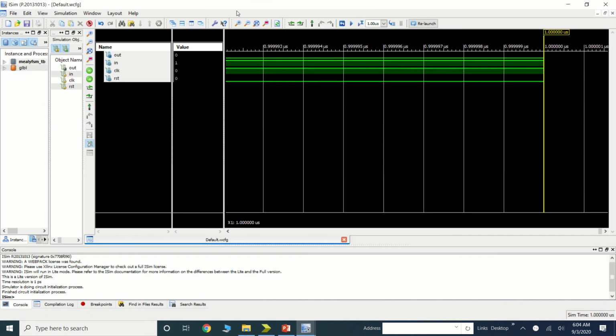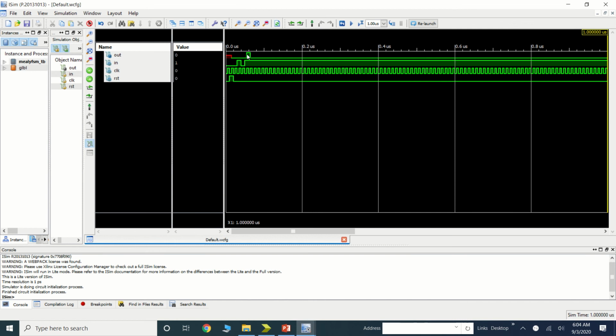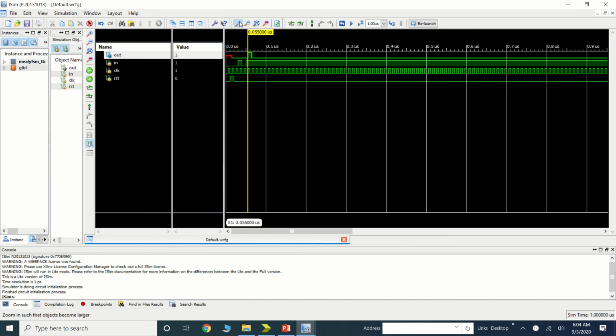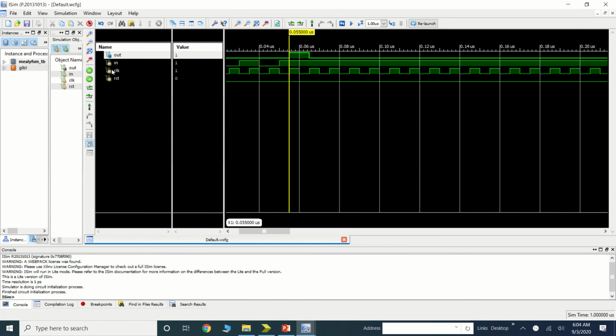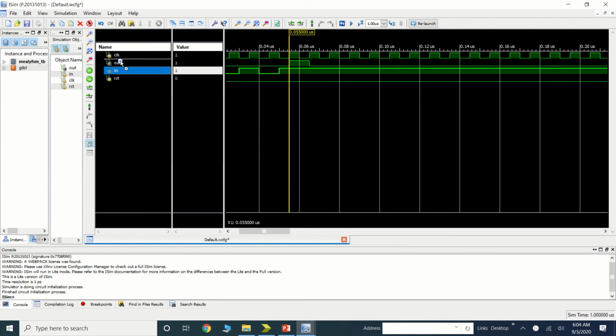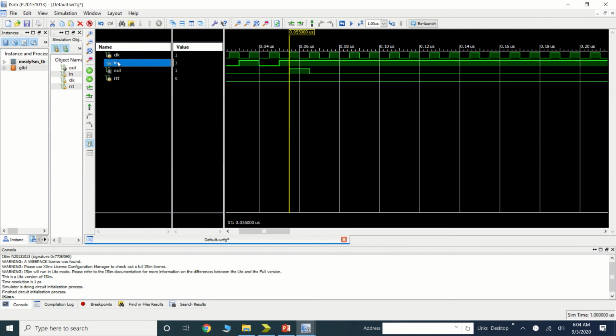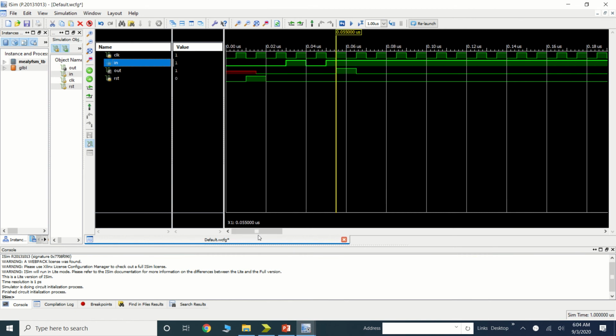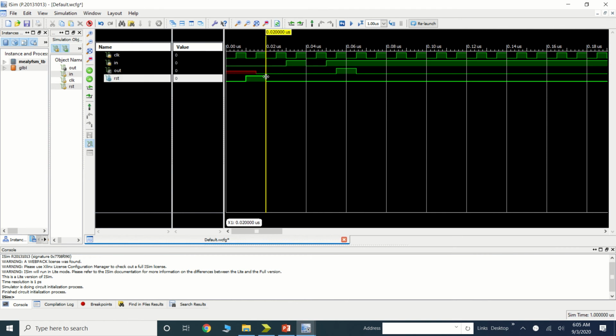Okay, now in this you just fit to view. So here for the simplicity you can drag this clock first because we are checking our output at the clock edge. Then we'll switch over. Okay, so initially you can see that output, this red line indicates there is no output. When we have to check, when the reset equal to 0. Okay, so this is my reset equal to 0.